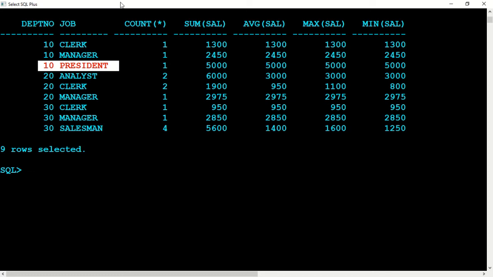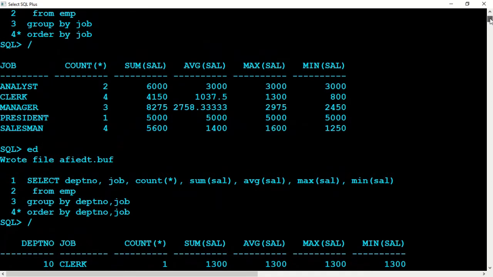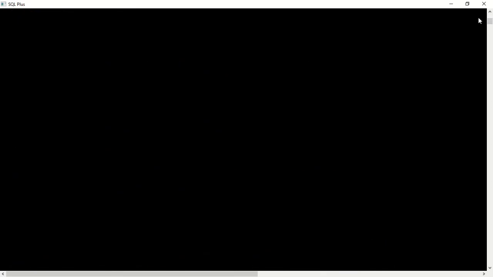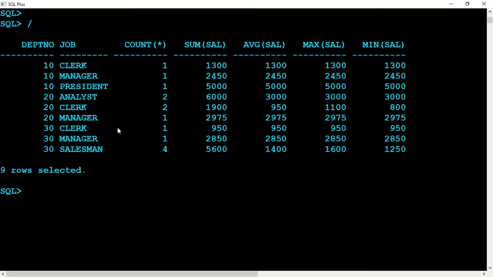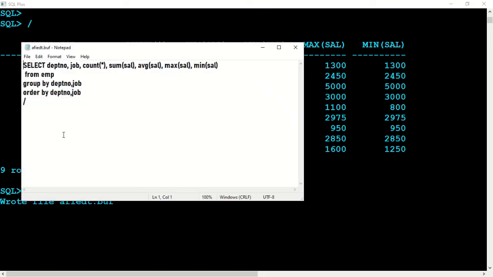I want only those persons who are working in department 10 and 30. So we have to filter those records, so that only the records which belong to 10 and 30 are taken care of.